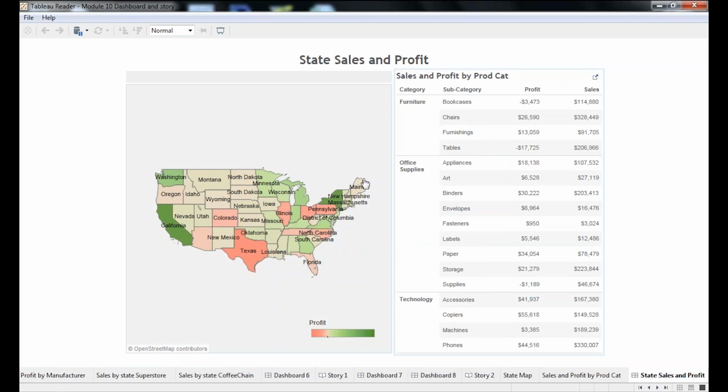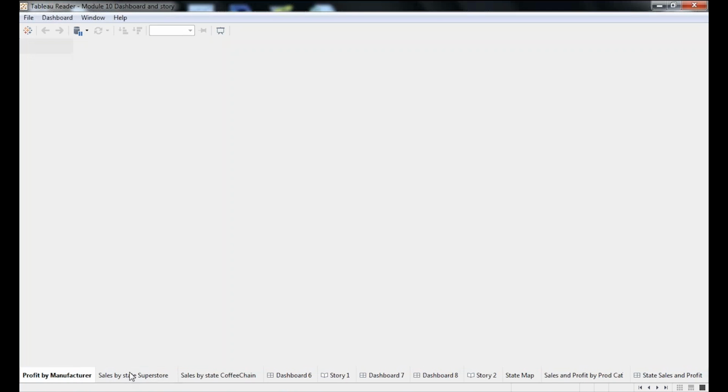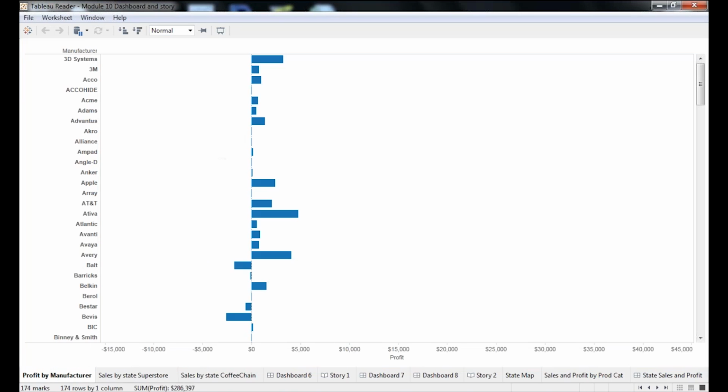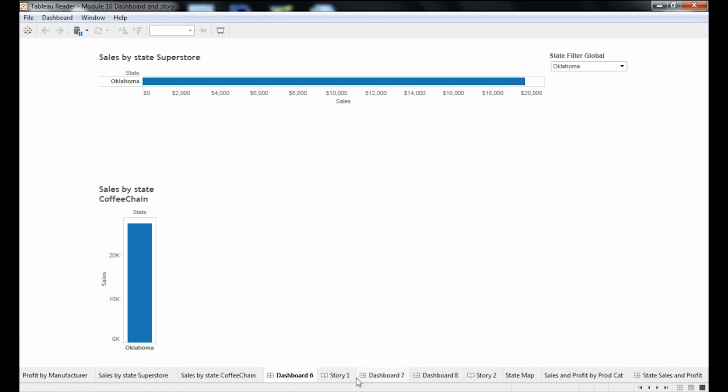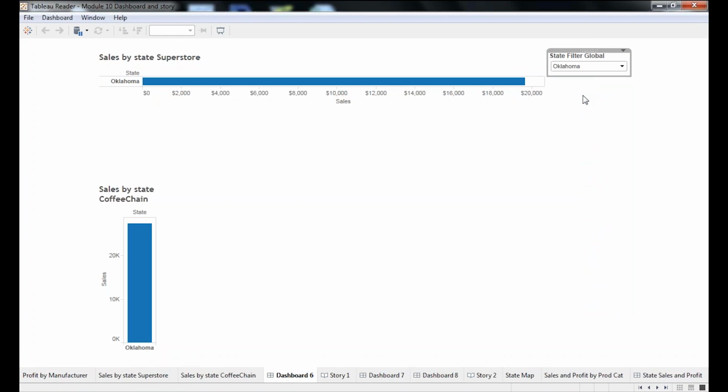Okay, so this opened up, this has multiple tabs. I can switch between the tabs. Okay, these are the dashboards. Okay, and I can select something, and